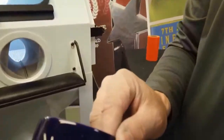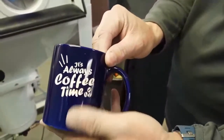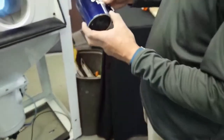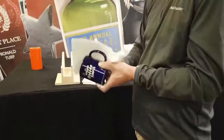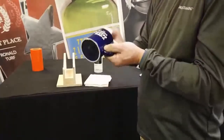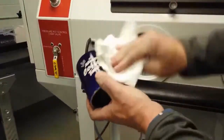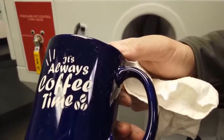I like to use the air gun a lot before I remove the mask, so that you don't have any residue or any abrasive on your fingers or on your part that may scratch. So the air gun is a key ingredient to a good sand carving machine. Last step is just polishing it up with your glass cleaner. You've got a good clean mug to put some coffee into, and there's no dust, no abrasive anywhere to be found. So it's a beautiful piece,